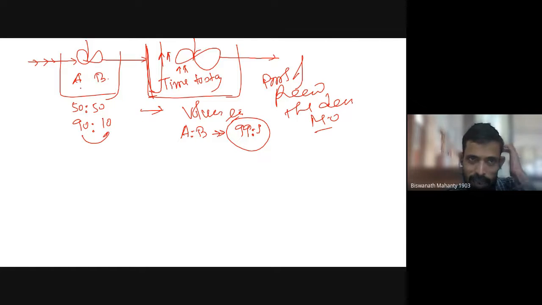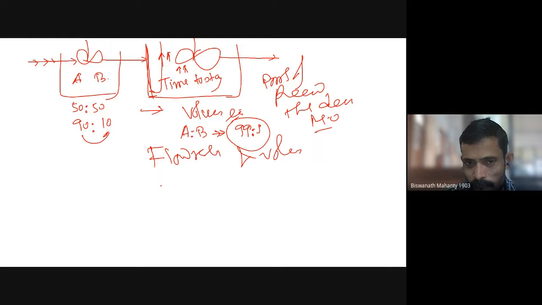Depending on what growth rate we are giving and whom I want to allow more time or less time. More time means I will have more probability that the high biomass will increase. Less time means if I am not allowing much time, B will be quickly eliminated. I will still have some amount of biomass of A. So flow rate and volume combinations by two